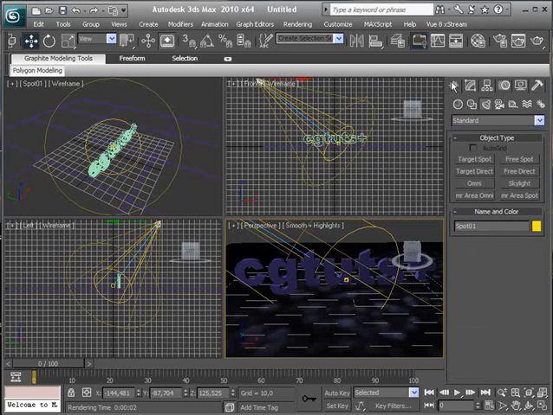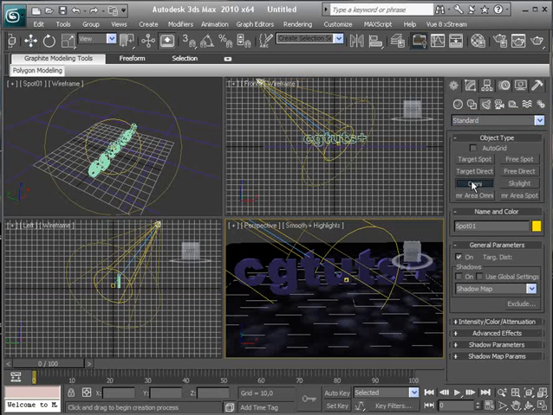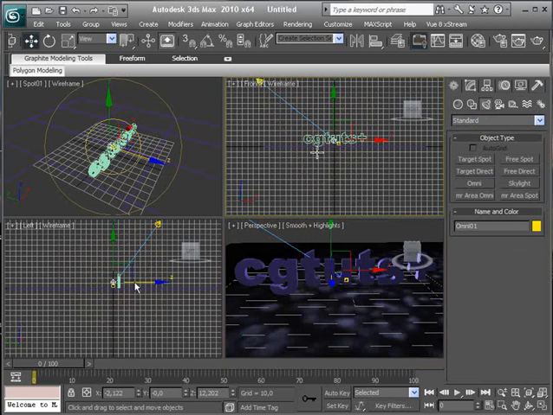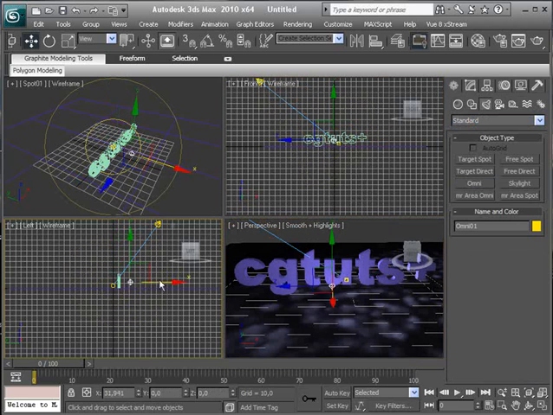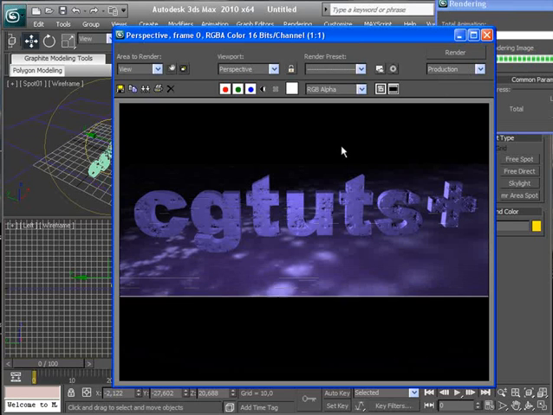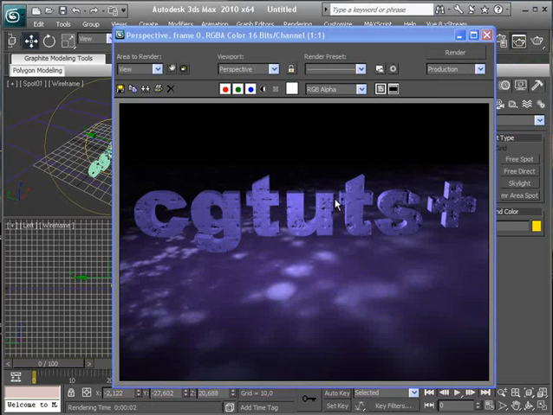So what I'm gonna do now is add an omni light around here and in front, and if we render it, you'll notice that it's blown up pretty harsh. What we're gonna do now is